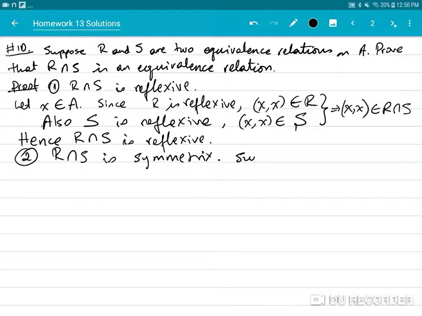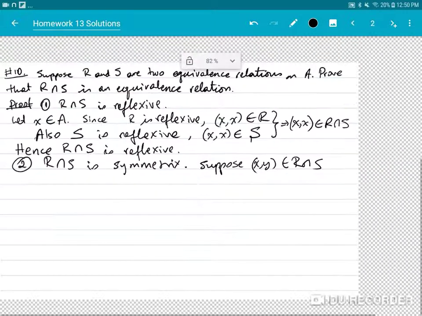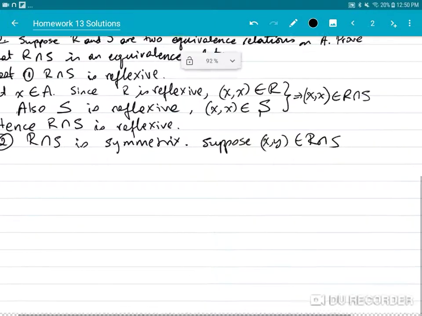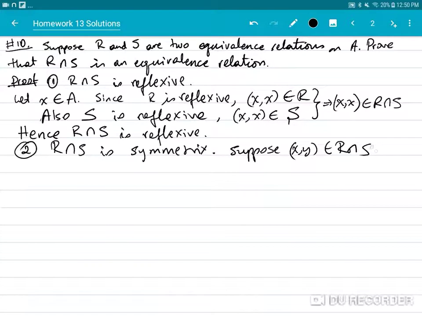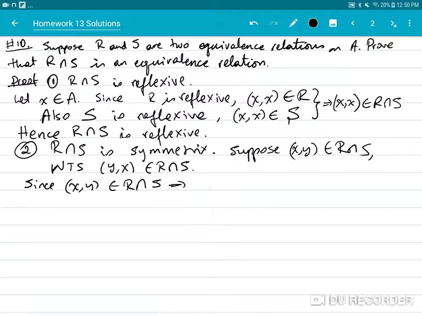So we're going to suppose that (X, Y) is in this relation, and we want to show that (Y, X) is in the relation R intersection S. Since (X, Y) is in the relation R intersection S, this means that (X, Y) is in R and (X, Y) is in